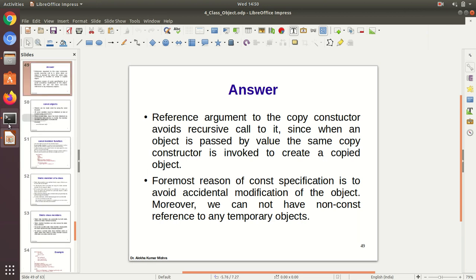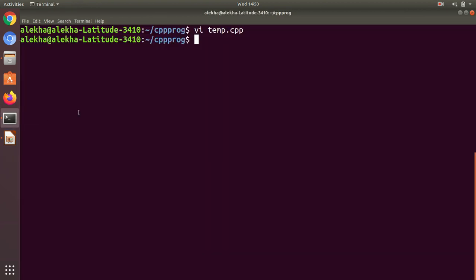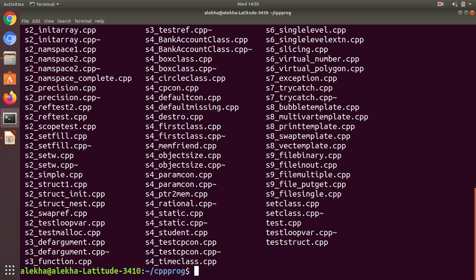So let's go to the demonstration of how the copy constructor is called, and that is by test copy constructor.